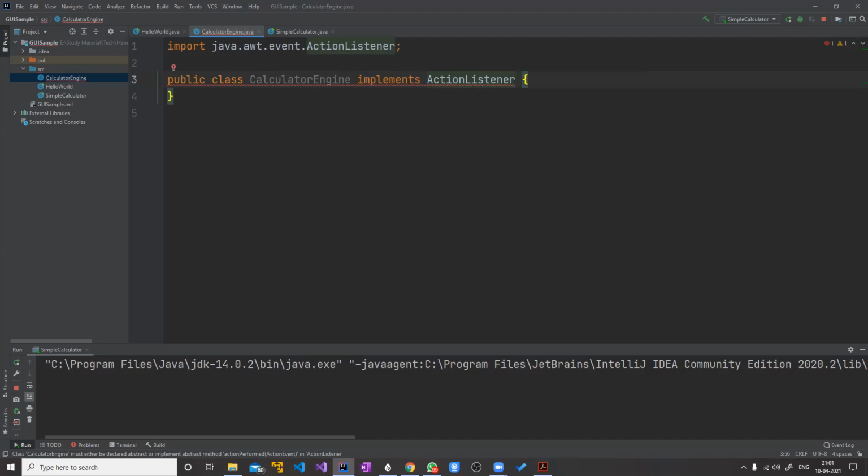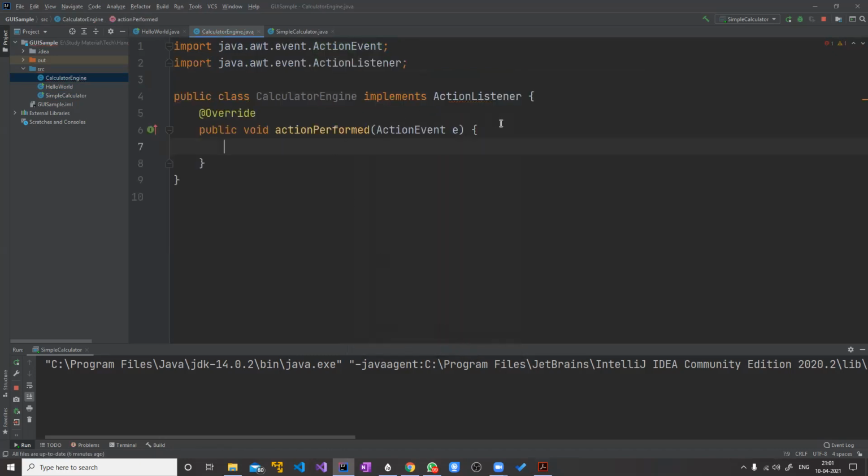If you click here, it will give you the option implement methods. If I click implement methods, it will show me the list of those methods which must be implemented, and the name of that method is action performed. Just select that and click OK, and it will create a function for you.